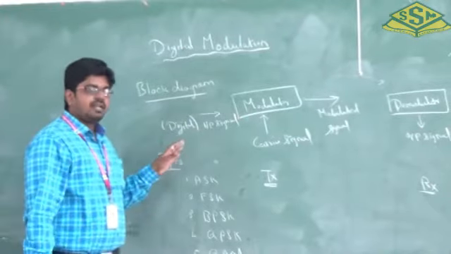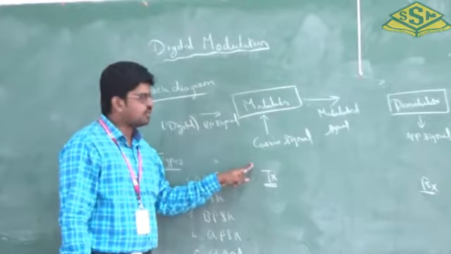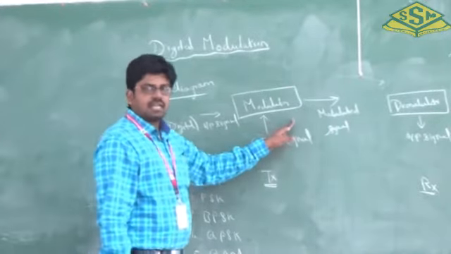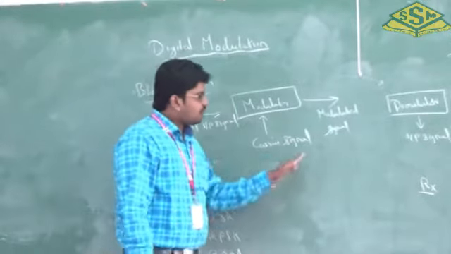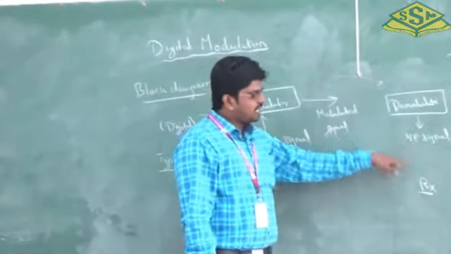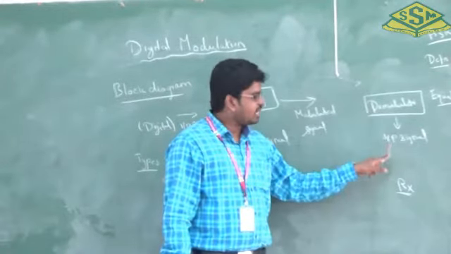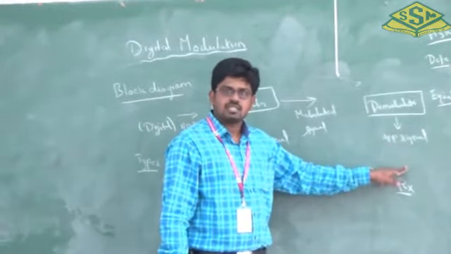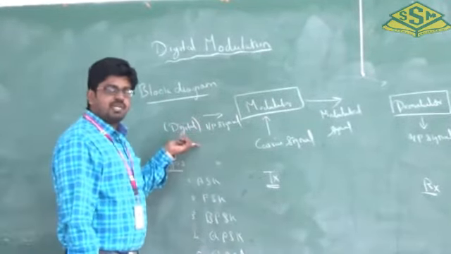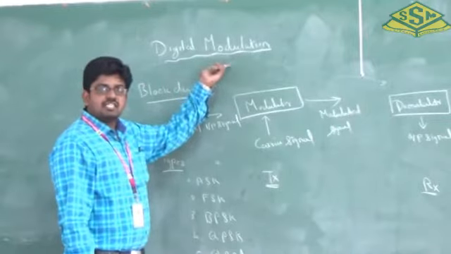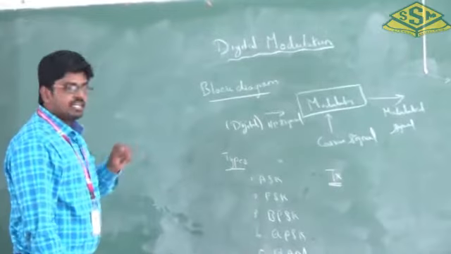So I repeat again. Here the input signal and carrier signal have to be given to the modulator, and then we can get a modulated signal. This will happen in the transmitter. After that, this modulated signal will enter into the receiver. After entering the demodulator, we can get the original signal, that is your output signal. Here we should not forget that the input signal must be digital. Then only we can call it a digital modulation. So that's all about the definition and the block diagram of digital modulation.